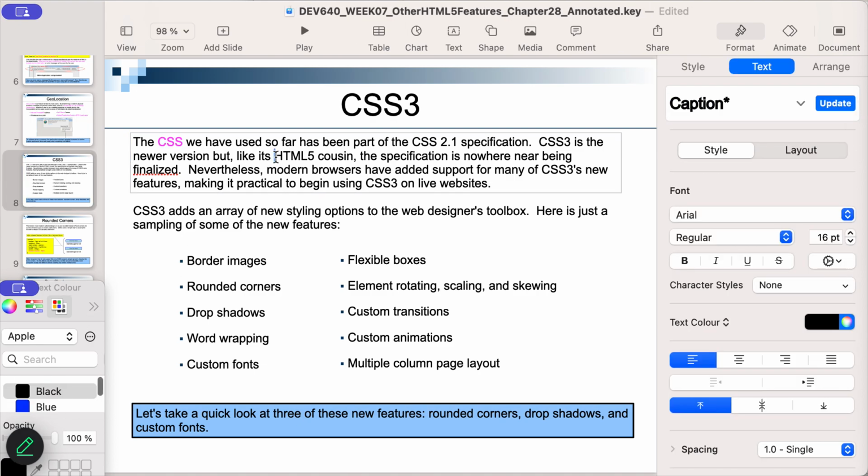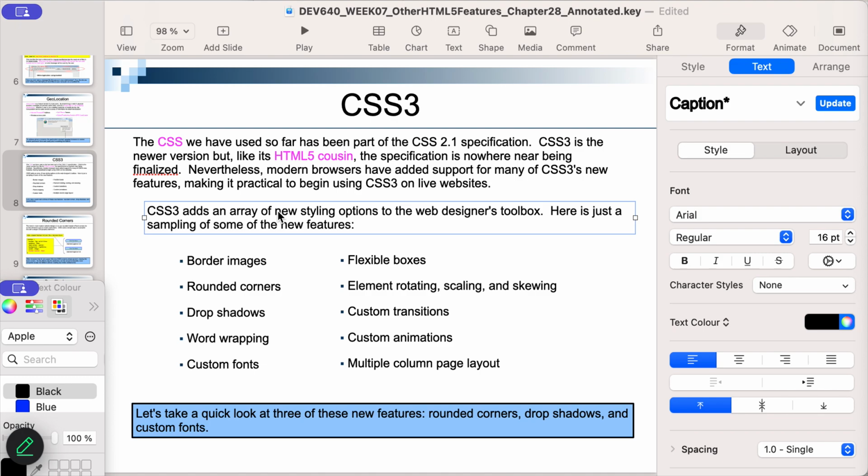Well, we have seen some of the features, but new ones are constantly appearing. So modern browsers have added support for cascading style sheets as well as HTML5, and both of those would allow for new styling options